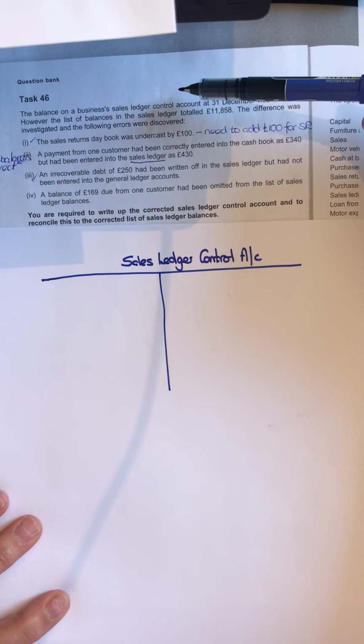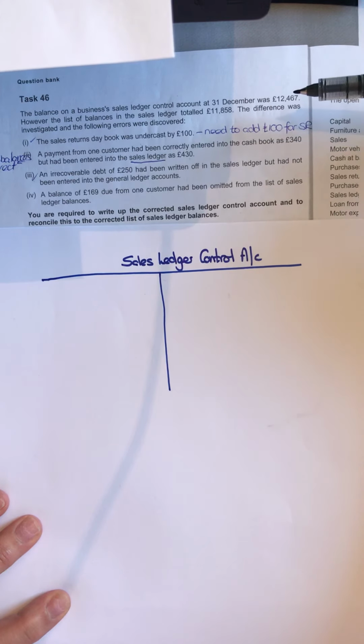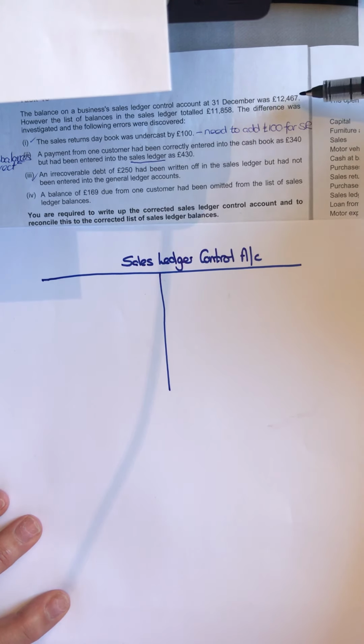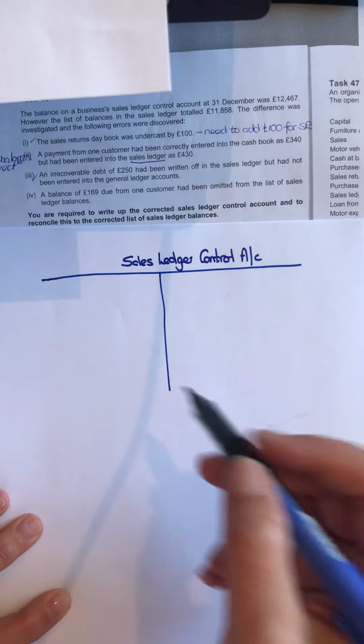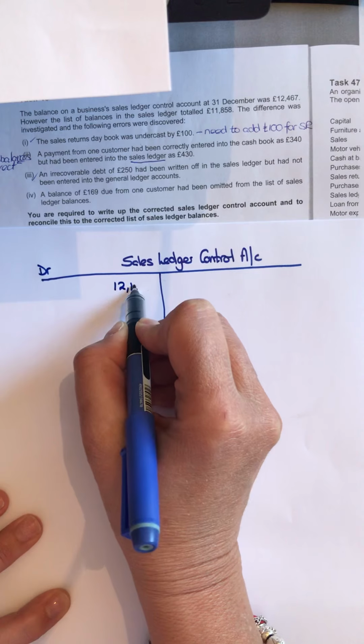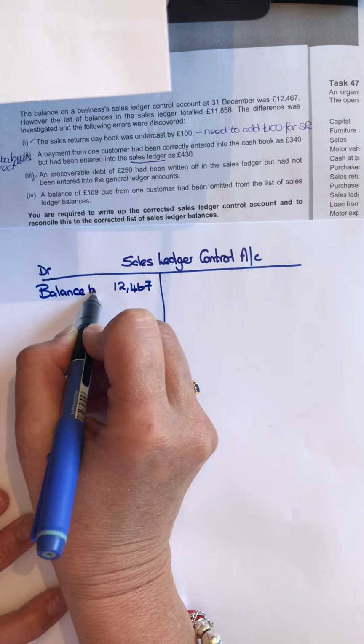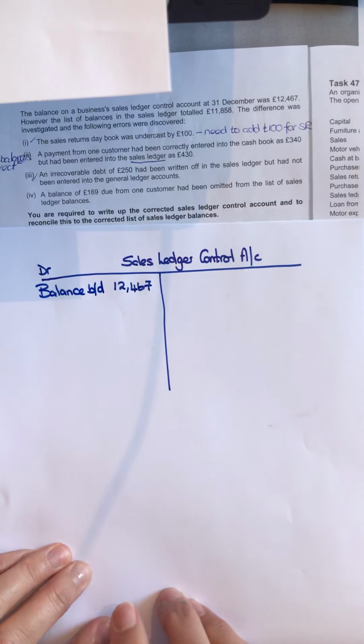And we know that any balance in the sales ledger control account is telling you what your customers owe you. Things that you own and other things that other people have of yours are known as assets. And you'll remember from theory, asset entries are always on the debit side of the account. So if your customers owe you 12,467, that's an asset and it needs to go on the debit side of the sales ledger control account. So we'll write that in and we write balance brought down because that's what's owed at the start of the